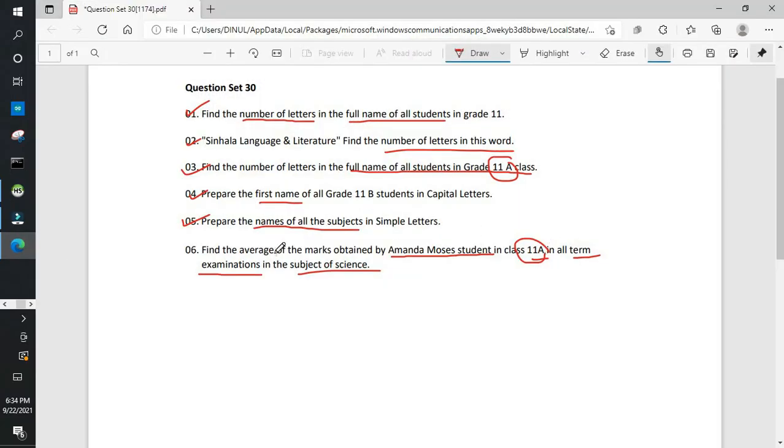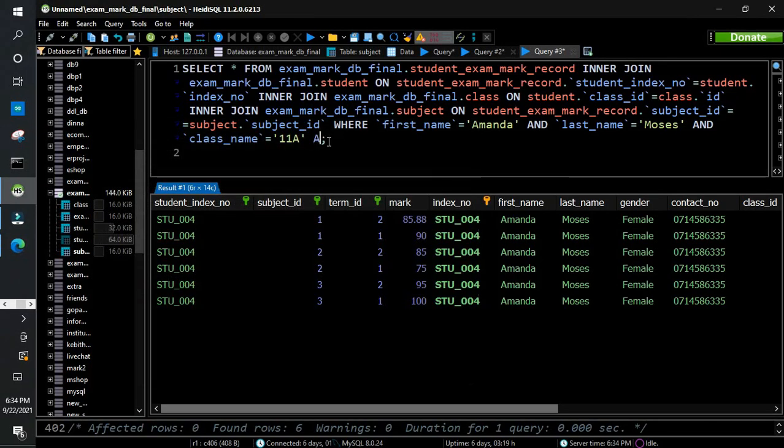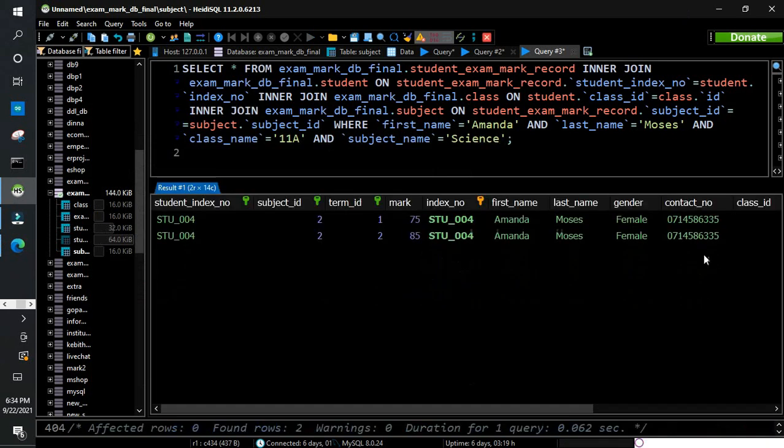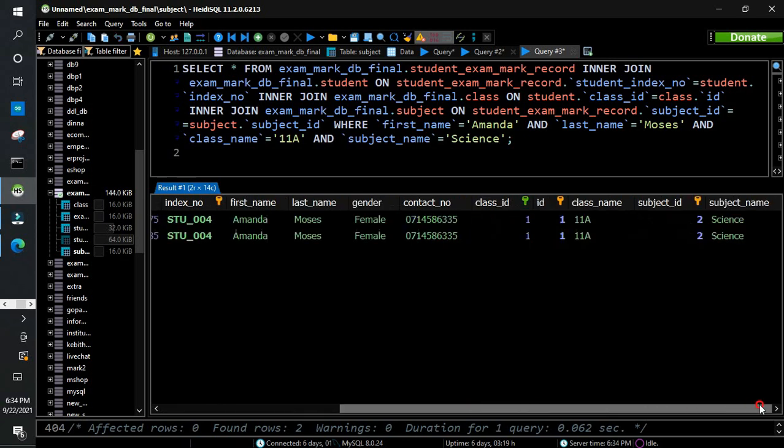So next we have to mention the subject name, and the subject name should be science. Okay. Now once I run this, I get all the details of only science.